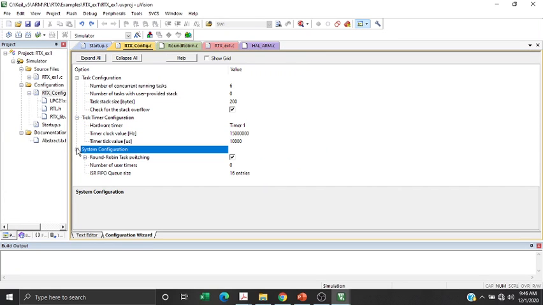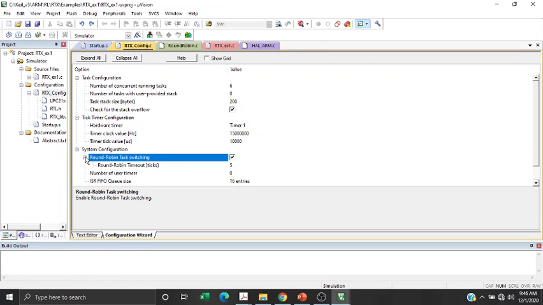So, system configurations. Now you want to choose a particular